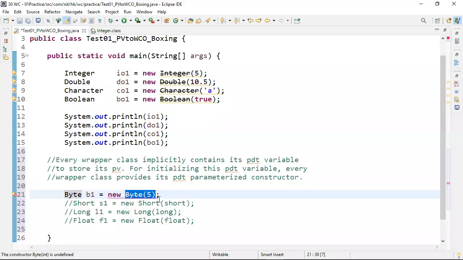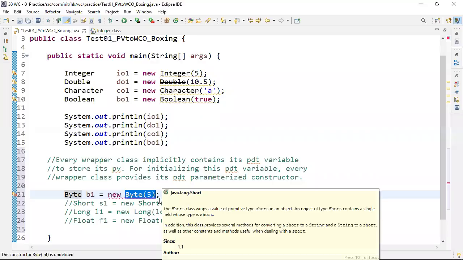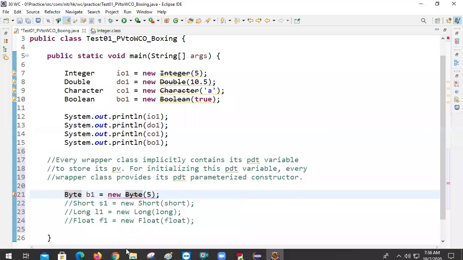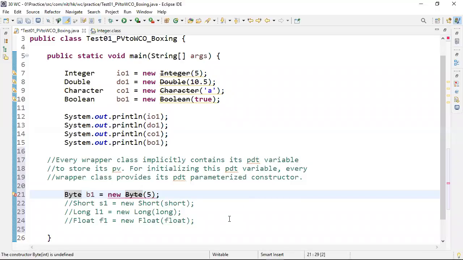If you pass an argument, the compiler searches for an argument type parameter method or constructor, right? If you give Byte of 5, the compiler searches for an int parameter constructor. Yes or no? The int parameter constructor is not available, so it throws an error.